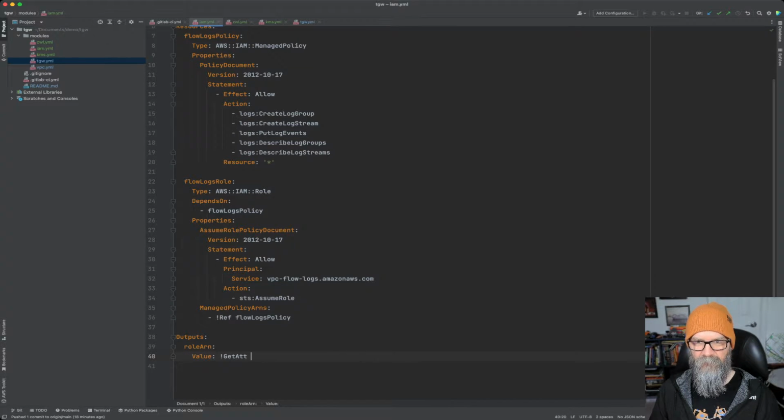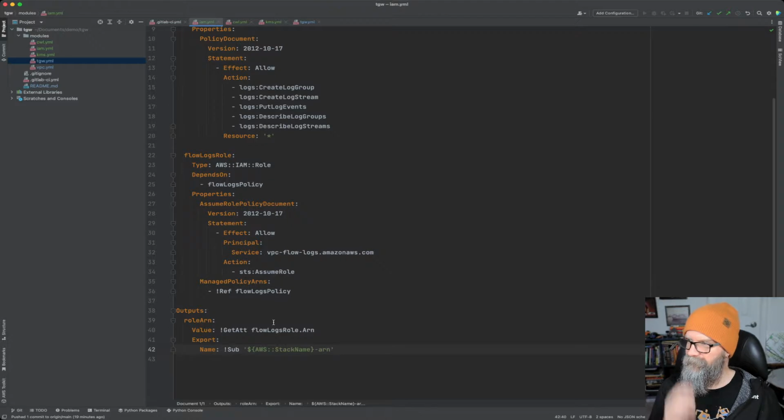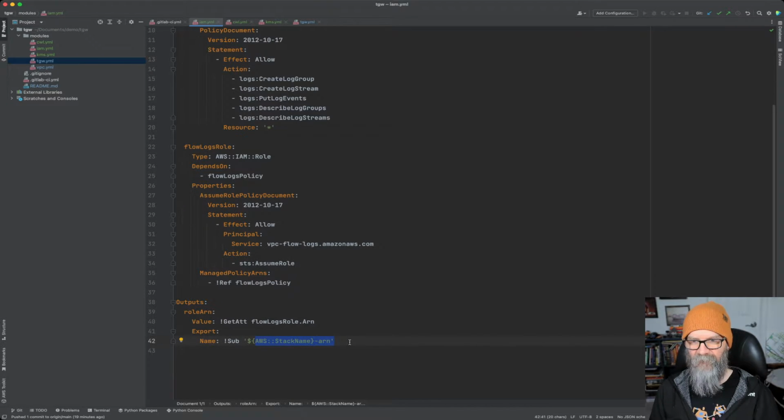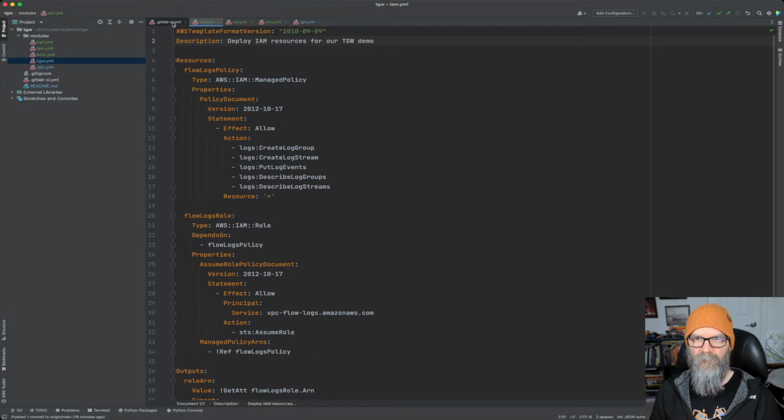So this is a get attribute, and we want flowlog.arn. And sub. You can't see the terminal itself, but you can see that status bar. Yeah, you couldn't see that before. I don't know what I've done here. I guess as long as we get most of the screen. Okay, so there's our only output that we need. We're just going to need this ARN for the flow log setup on the other side. And I don't think we need any parameters, so we can get rid of this. Okay. So if we update this,